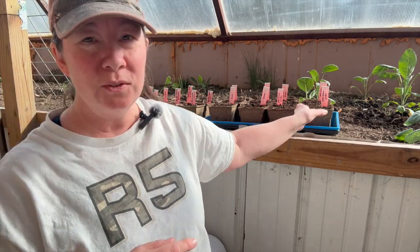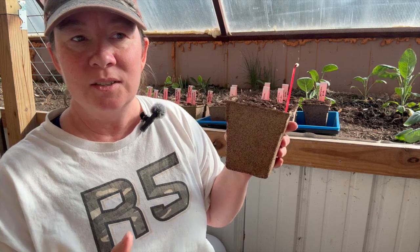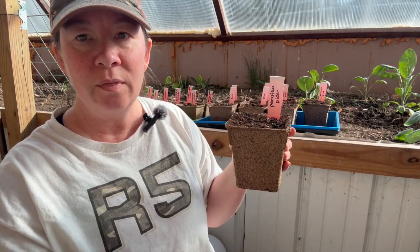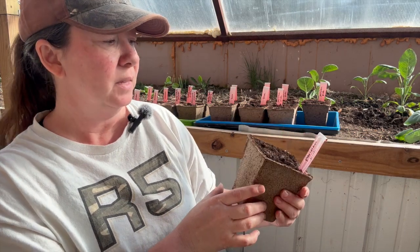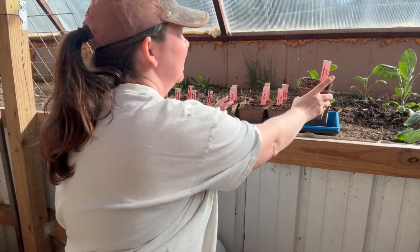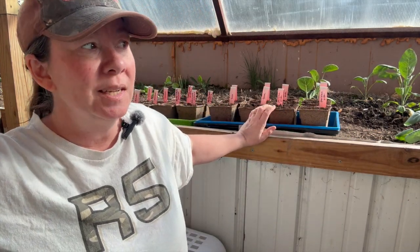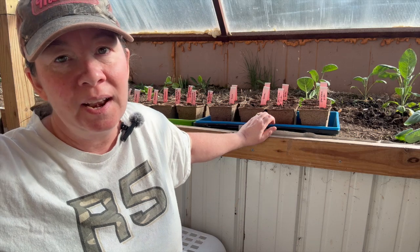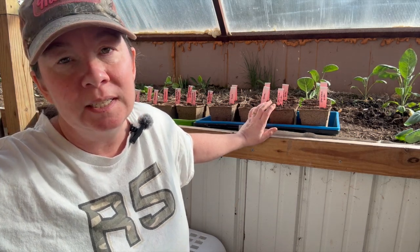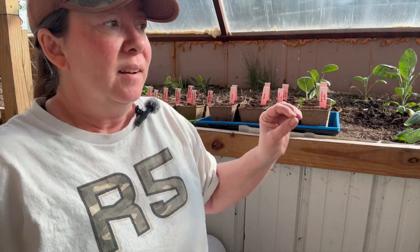So what I've used the last couple of years are these CowPots. It's just dried cow manure, and then you plant the whole thing in the ground. So I took measurements this year. I had Owen come out and help me, and we actually measured the beds so that I could get more accurate numbers. I'm famous for starting way too many seeds,